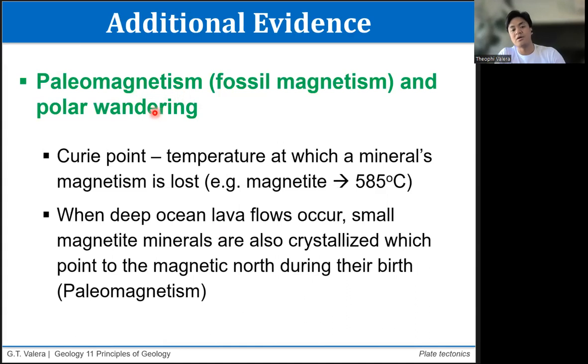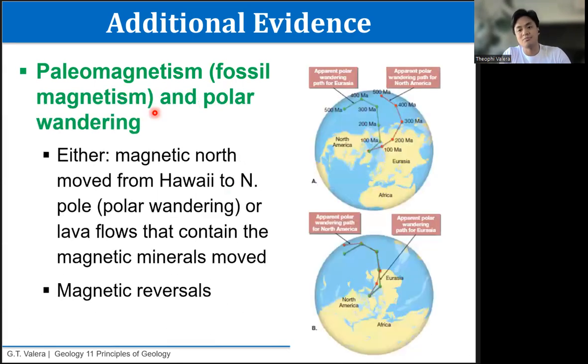So that is what we refer to now as polar wandering, when you have a series of rocks which apparently show the movement of the magnetic north, whereas we can actually think of it as, instead of the minerals pointing to different magnetic norths, it's actually the rock being moved so that it now points to different magnetic north. So for example, these are rocks, 500, 400, 300, 200, and 100 million years of age, from North America. Ito naman yung sa Eurasia. As you can see from here, rocks crystallized at different times point to different magnetic norths.